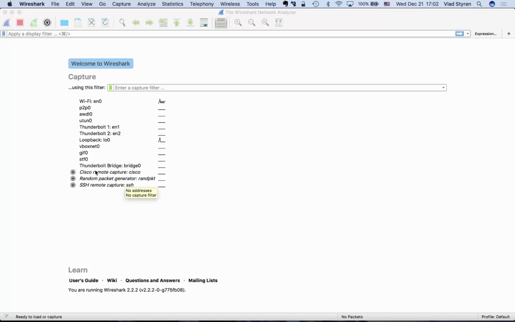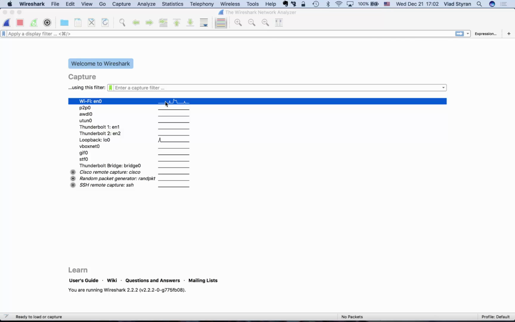As you see, not only physical but all virtual interfaces are available too. If I had a local host-only network on my VirtualBox right now being active, it would generate some traffic here. There are also ways for more exotic things, like generating traffic using a random packet generator, or using remote SSH capture or remote Cisco capture. These are more specific things. We won't discuss it here. For now, let's select only this